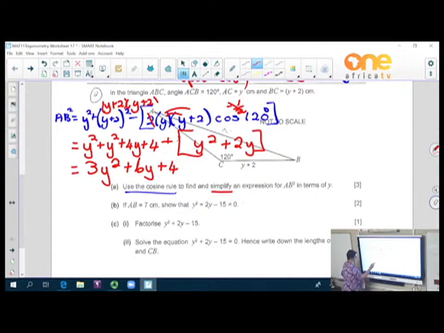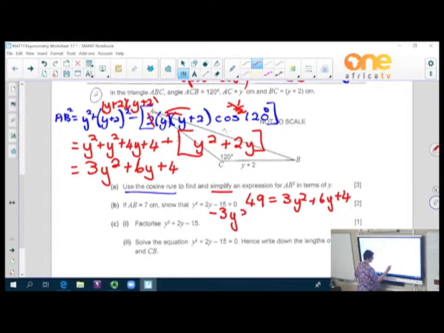Now here they tell you AB is 7. So now I'm going to square that 7, which makes it 49. So then I have 49 is equal to 3y squared plus 6y plus 4. If I bring it over now, it is negative 3y squared minus 6y minus 45, which is equal to 0. No, plus 45. And then if I divide everything by 3,